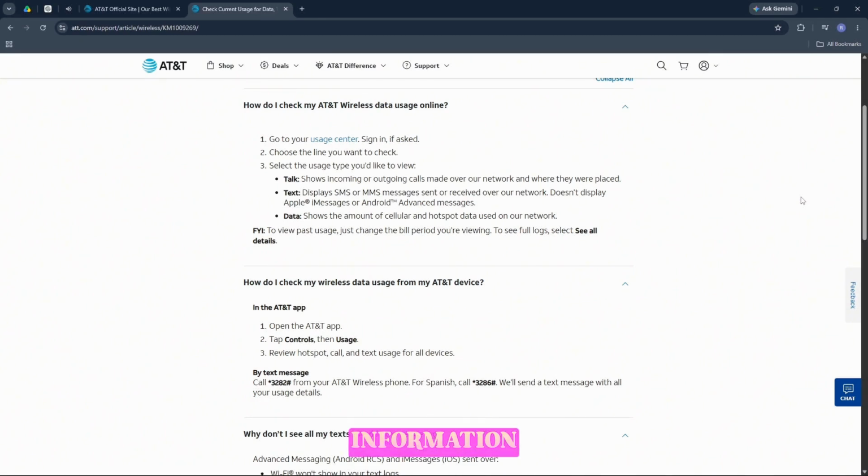Here you will find detailed information about your current data usage, including how much data has been used, your billing cycle dates, and a breakdown of usage for each device on your account if you have a family or multi-line plan. And that's it. This way you can easily check